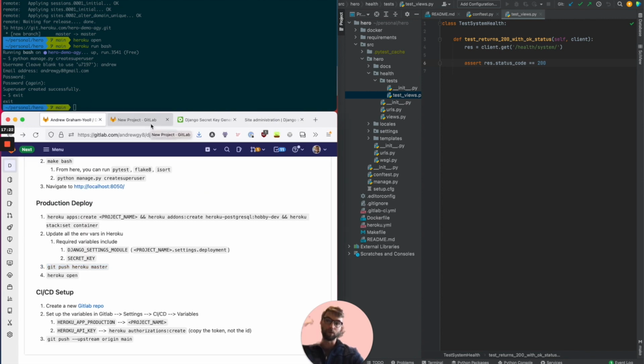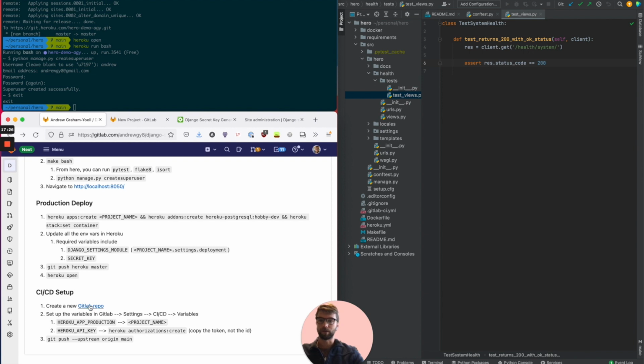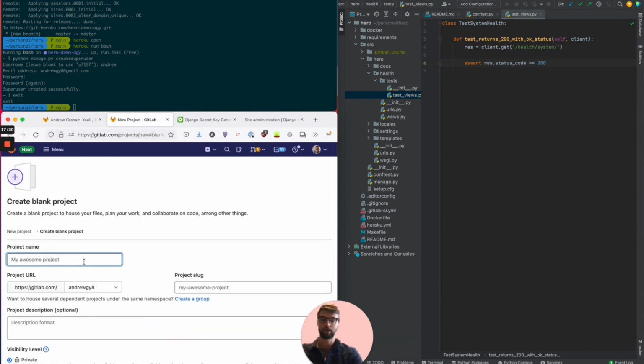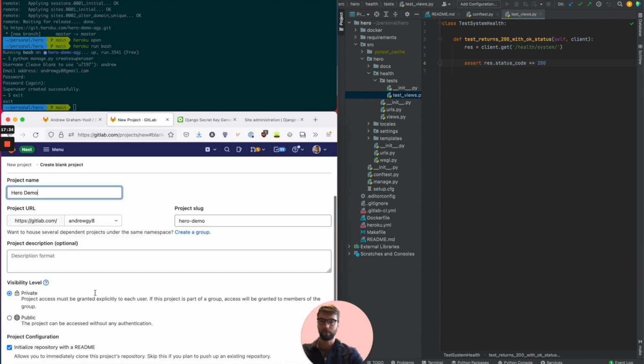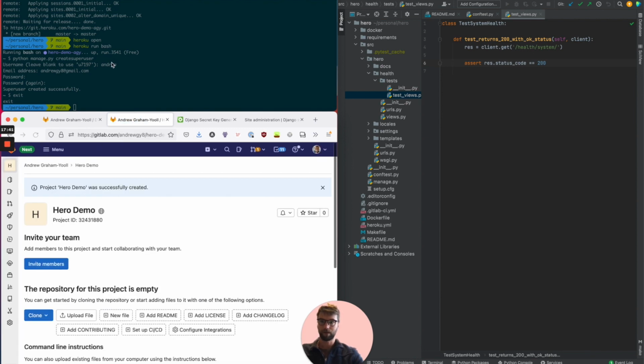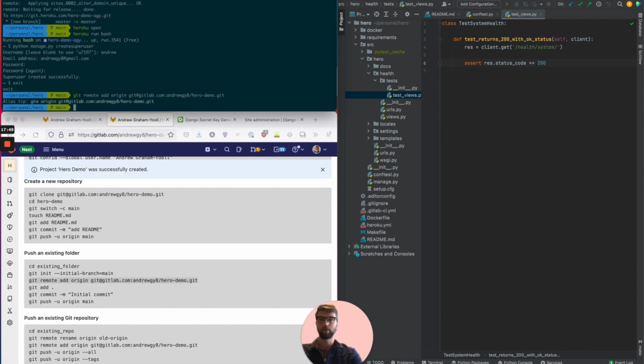We want to create a new GitLab project. To do that, we can just click on this link here. I've got it open here. Create a blank project. I'm going to call this one Hero Demo, and I'm going to make it public, and I'm not going to initialize with the README. So what I do is I copy this, git remote add origin GitLab,